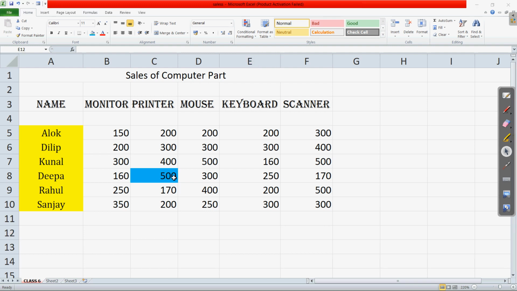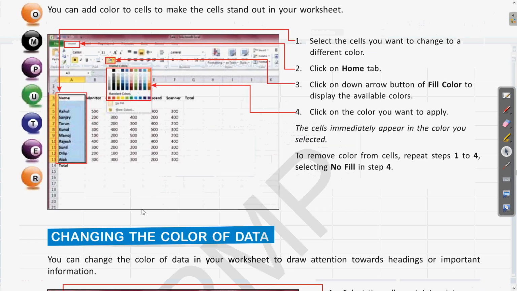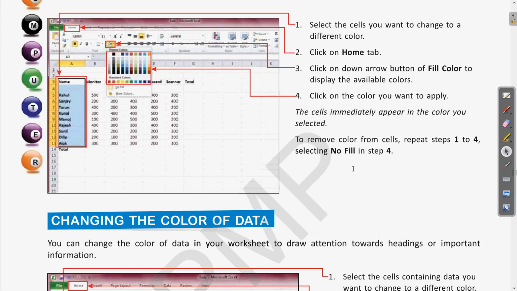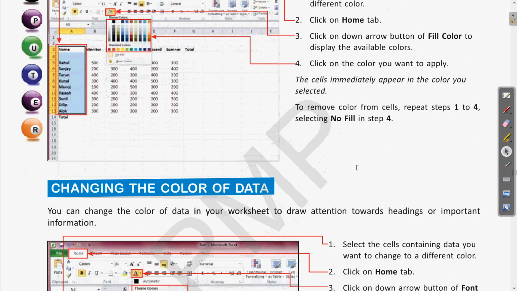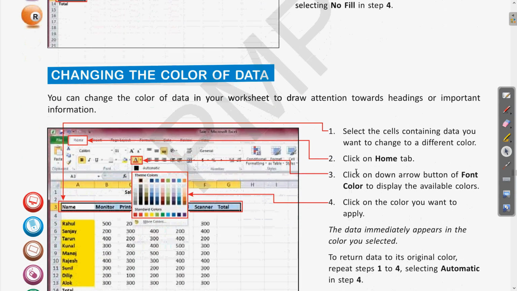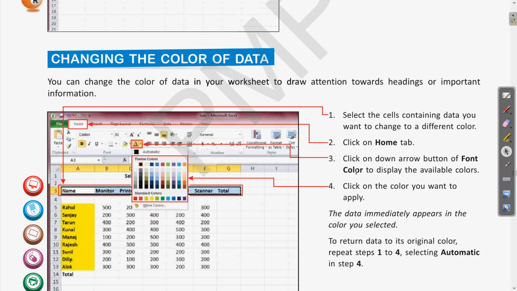Okay, now coming again to the book. Next is changing the color of the data. Suppose we want to change the color of the text or the number which is written in these cells. How can we do that? Again let us read this. We can change the color of data in your worksheet to draw attention towards headings or important information.